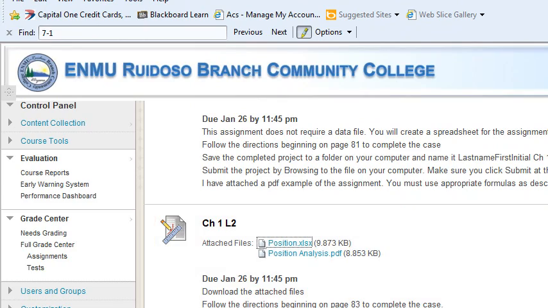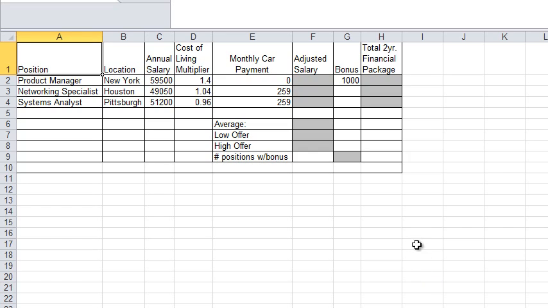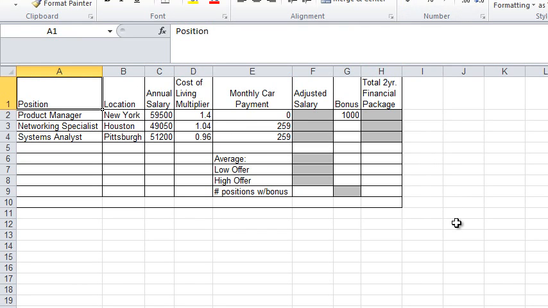So I'm going to open up the data file that I need to do the assignment. And if you get this Enable Editing, just click on Enable Editing. Alright, so here we have a pretty basic spreadsheet that's been put together, and I'm going to demonstrate how this works. Starting on page 84, it says in cells F2 to F4 calculate the associated annual adjusted salary. So I'm going to click here on cell F2,